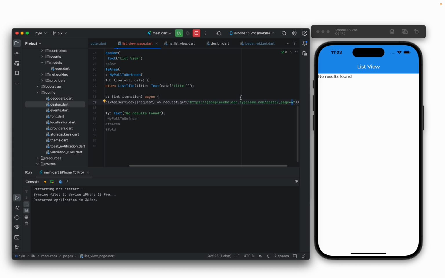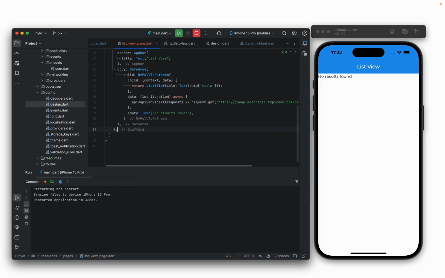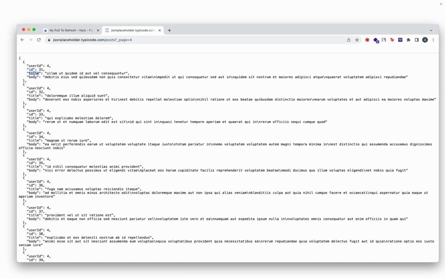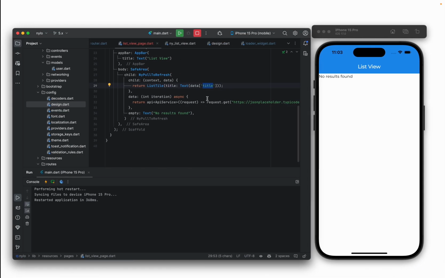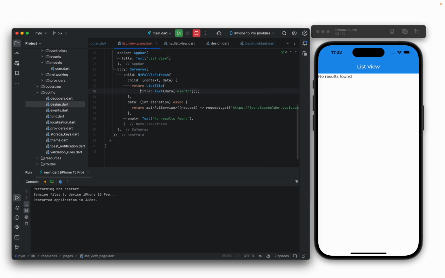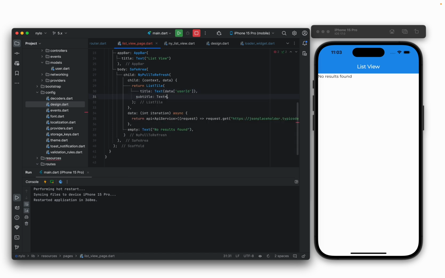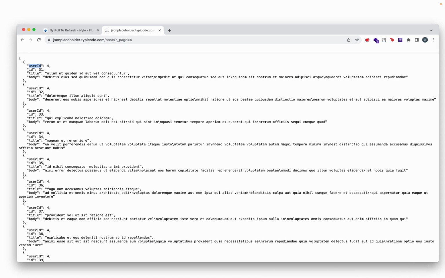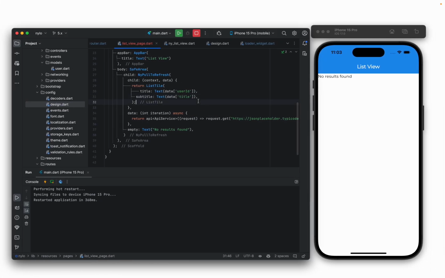For the page, we know that we can use iteration, so we'll just paste that in like that, and that's all done. So let's just return this, and then here we just need to reference one of the keys. So let's just use the user ID, just like that, and then maybe for the subtitle we'll use something else. Yeah, I think we have got a title. Yeah, let's use the title. So if we build and run this,